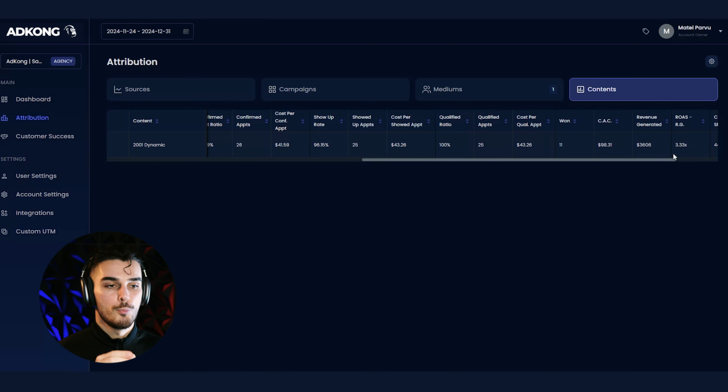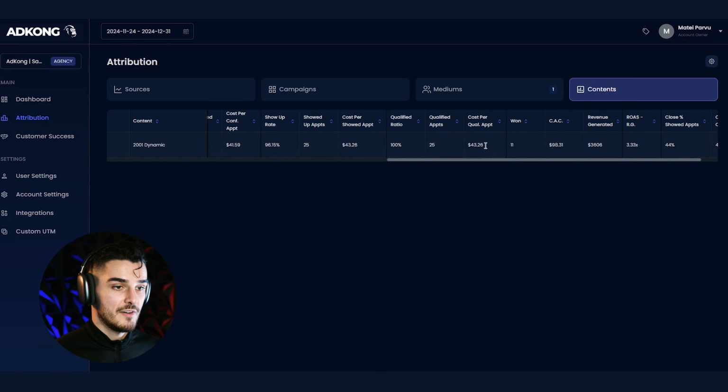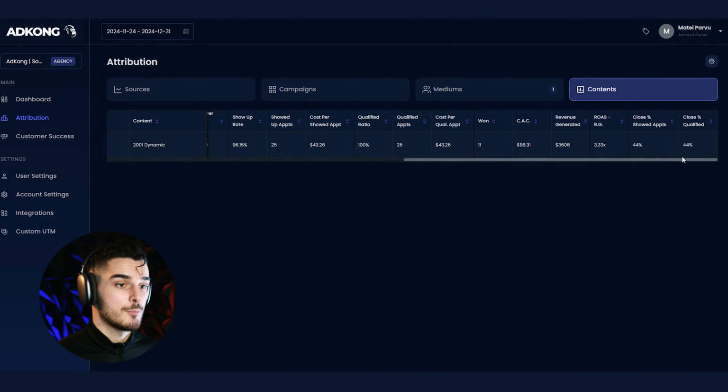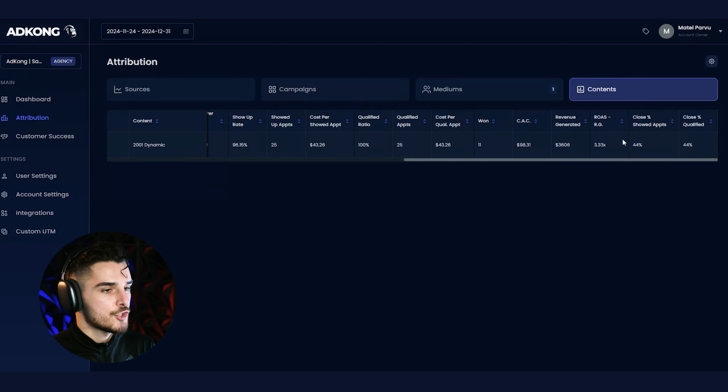That's going to be our 2.5x ROAS rule within the first 30 days. Once I identify which ads perform, which ads have a good ROAS that meets our criteria, and which ads are bringing qualified appointments to the table, because at the end of the day, you can have a great cost per qualified appointment, but if your closing ratio is absolutely garbage, then it's not the ad that's the issue, it's the sales team that's the issue. And that's why it's so important to track data like this, because it gives you so much insight